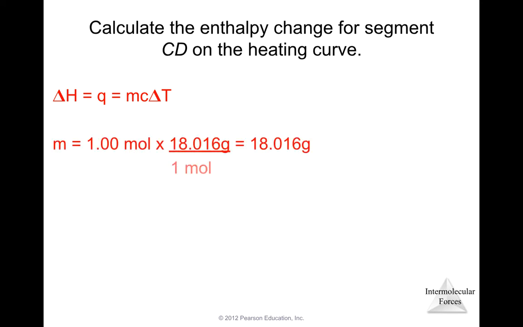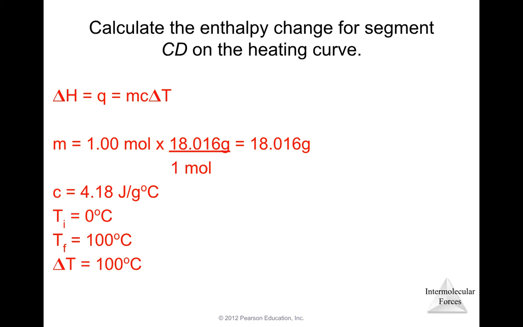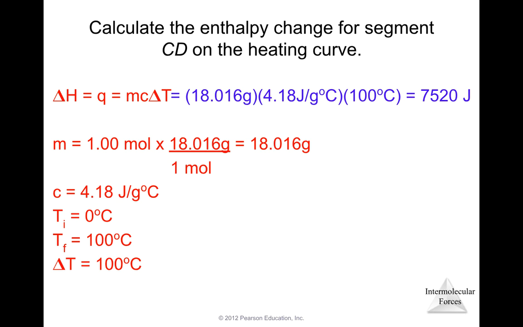We're still dealing with 1 mole of water, so we need to convert to grams to use in our equation, same as before. But now we're in the liquid segment of our graph, and so our specific heat value that we want to use is that 4.18 joules per gram degree Celsius. Finally, our change in temperature, we're going from 0 to 100 degrees Celsius. So that gives us a change in temperature of 100 degrees. Once we plug all of our values in, we get an energy change of